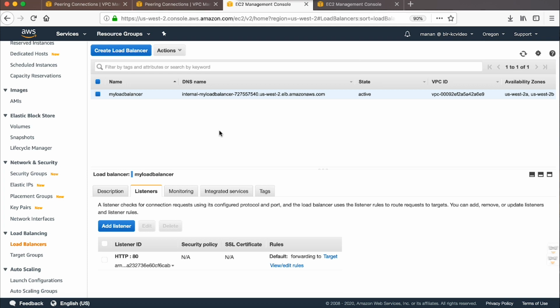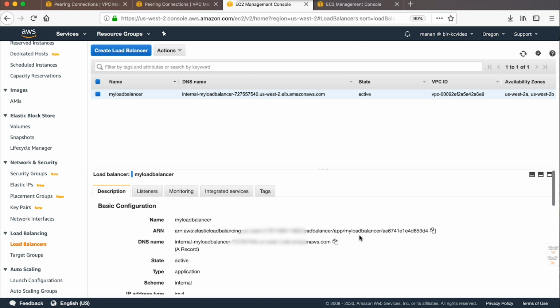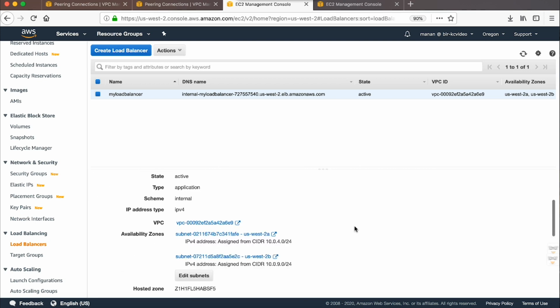Note that I am using the default network ACLs for my load balancer in VPC-A. This allows all the traffic from the instance in VPC-B.